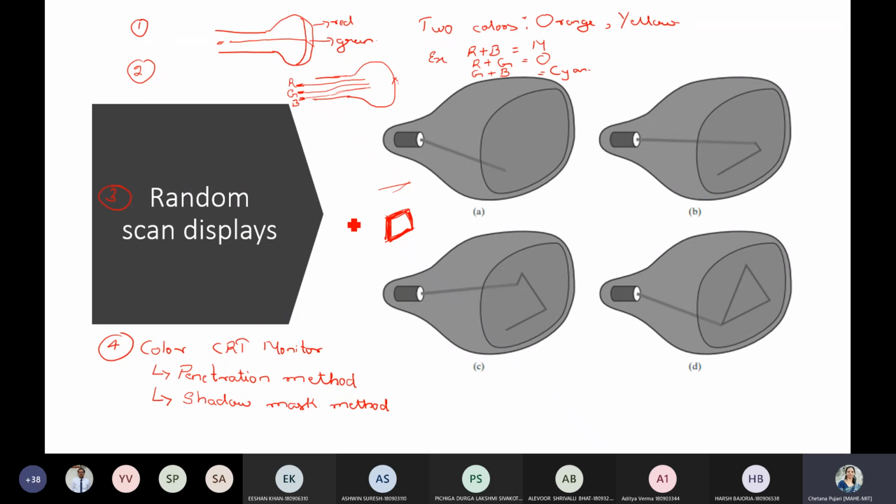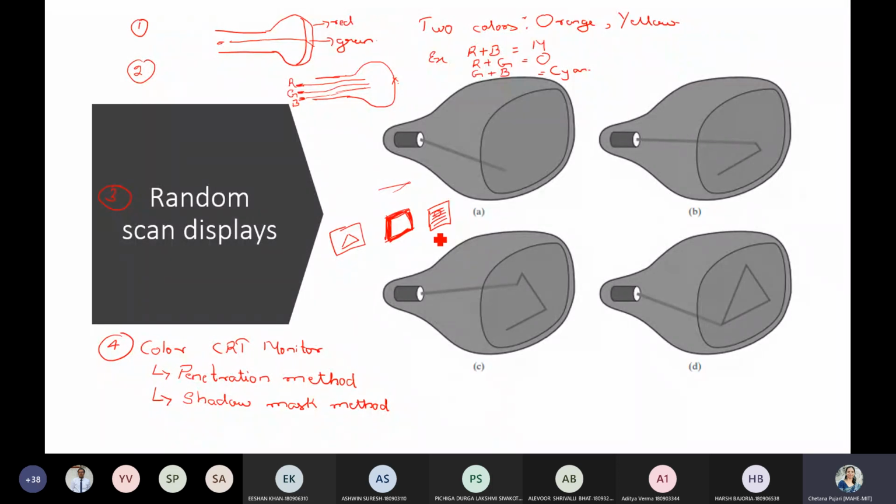Again, in random scan, only the screen with a view is focused. If you have a pattern, only for that pattern you are going to focus. Whereas when you go for a raster scan, you have to scan through all the rows. Doesn't matter whether you have your pattern only at the initial few rows, you still need to scan it.